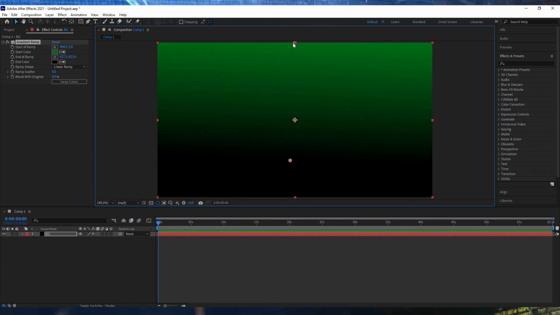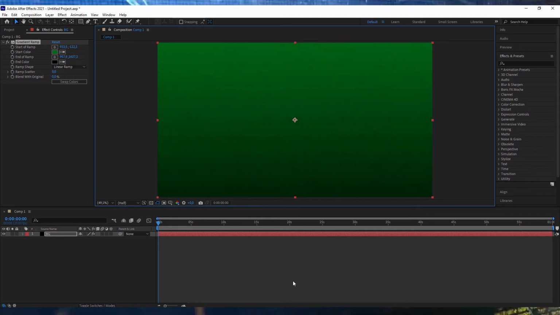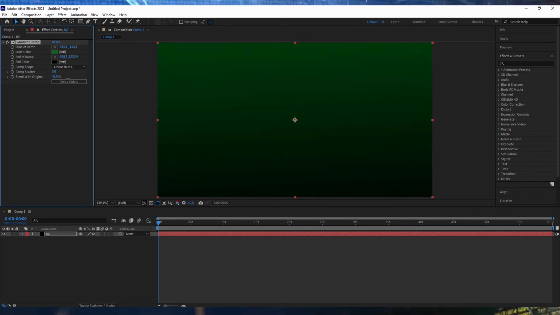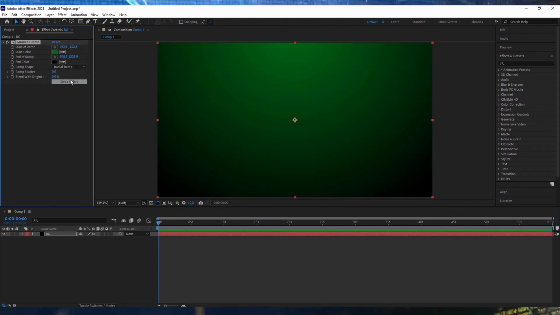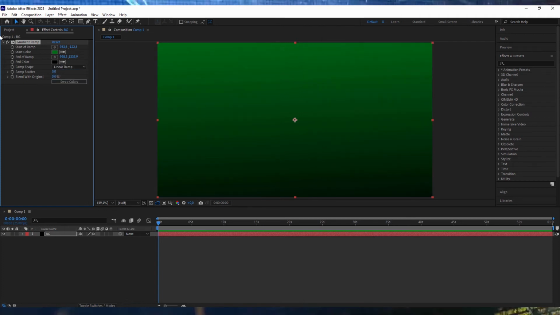We can also use the one right at the start to change that. So let's move the one up here a bit up, and let's move this one down, so we have a bit of a nice gentle gradient. We can also add blend with original, but I'm gonna leave that for now. And look, I'm not gonna really go into detail here with this effect, but I'm just showing you a basic